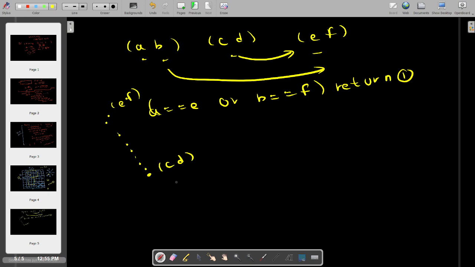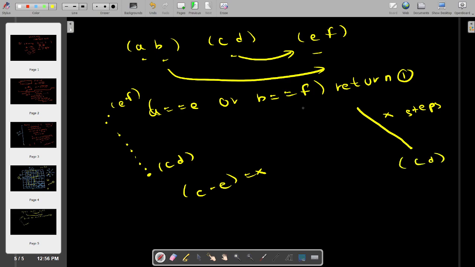Or what you can do is take the difference between, let's say, C and E. Let's say this value is X. So if you're moving diagonally X steps from this point, C, D,